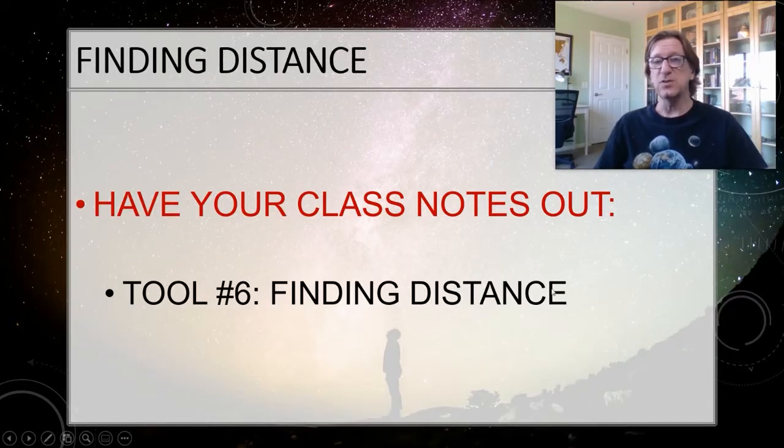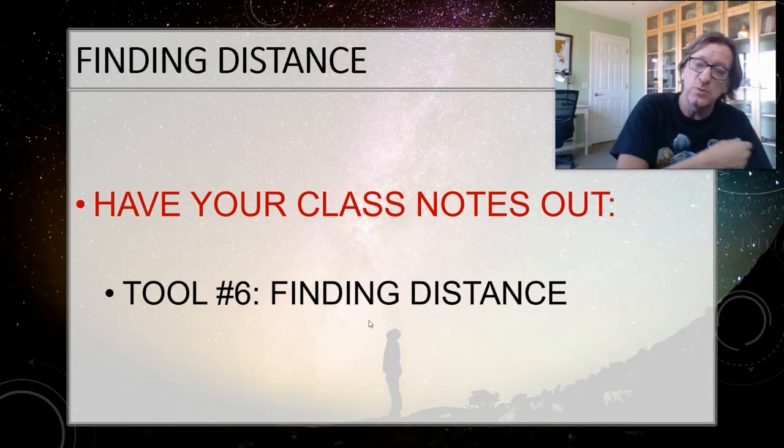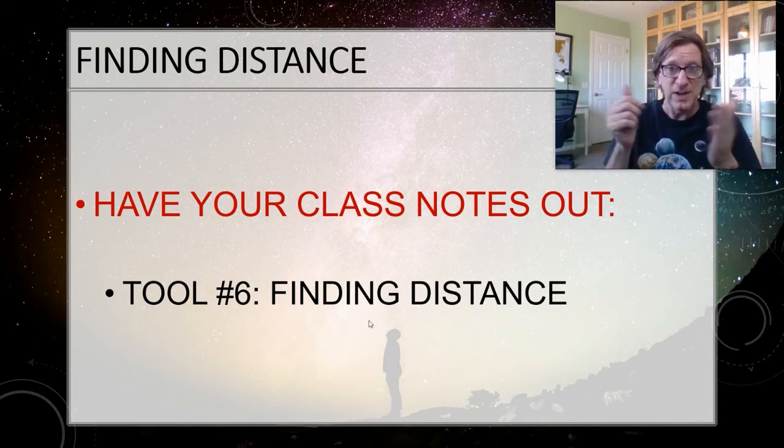Now you'll notice the titles here are chosen very carefully. Let's say you're working on your final project and you realize you need to find the distance to something. Well, now all you got to do is you go back through your tool book, through all of your class notes, and you just look for the one that says finding distance. And it will show you every step of the way how to find the distance. It'll build it up so that you know what you're doing from that. So it's a good way to review. So each one of these tools will give you a specific task that if you need to go back and figure it out, you just find that one task and you're ready to go.